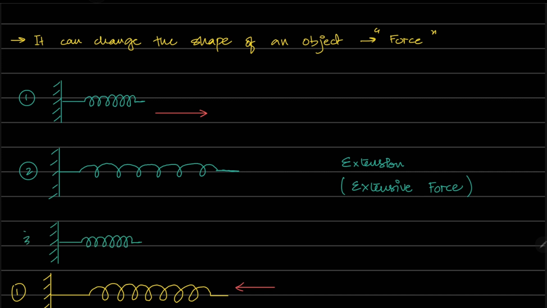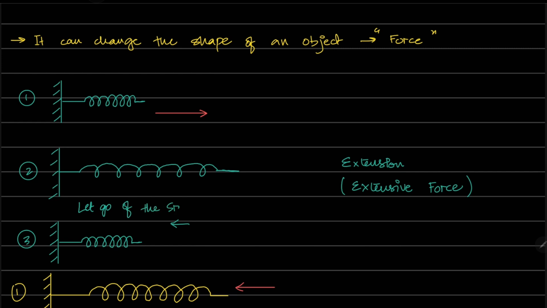You will see that your spring has just come back to its actual original shape. This effect is what we call elastic deformation or elasticity. So it's going from diagram number 1 to showing the extension, and the moment you let go of the force,